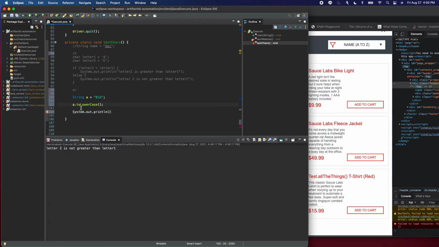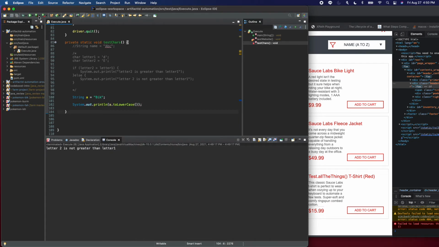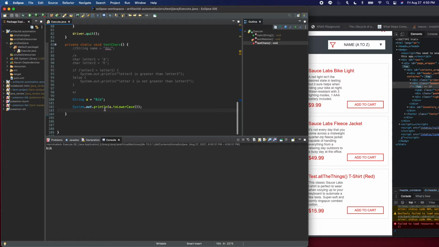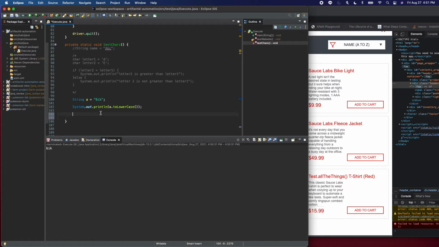Actually, this returns the new string. So in this case, I'd have to put it in here. Let me run it. So that's fine. And one more method to keep track of is, now it's nice and lowercase, but I'd still have to iterate through each character, right? Like I showed here, you have to go through each character and make sure I is greater than A in order to tell that it goes from A to I in this case. So in order to do that,